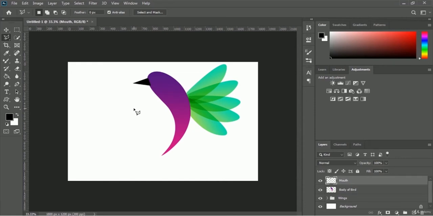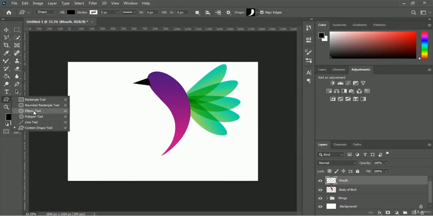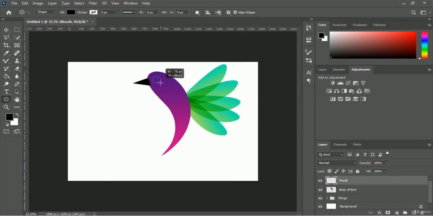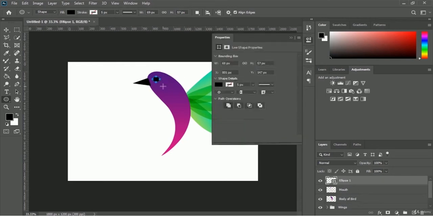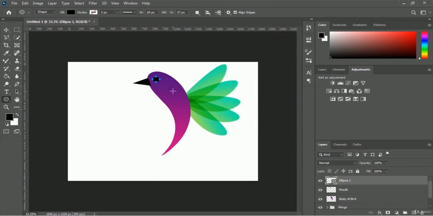And right now we will draw an eye of this bird. So therefore we have to use the ellipse tool. So let's use the ellipse tool. Where is the ellipse tool? Inside these custom shape tools. So here is the ellipse tool. Let's draw a round circle. Okay, looks good. You have to press enter button,